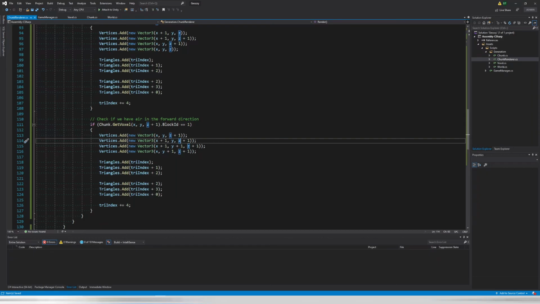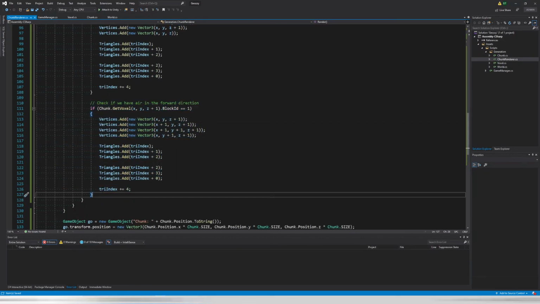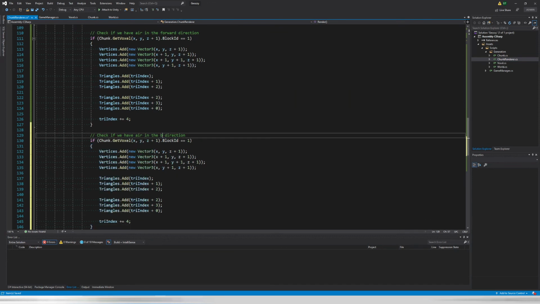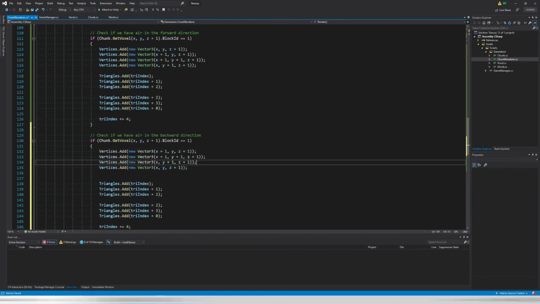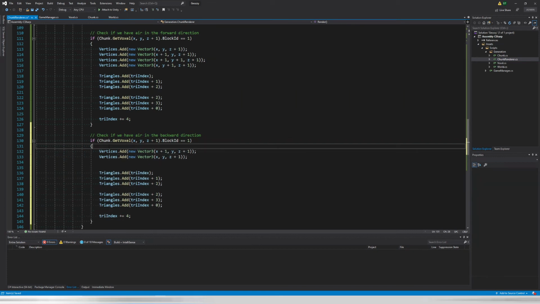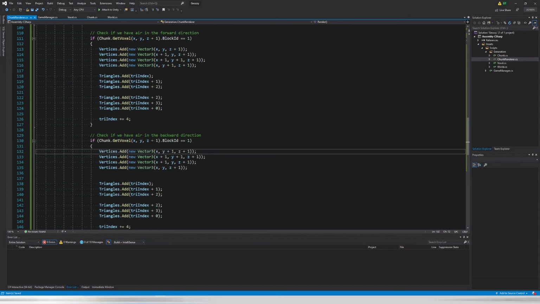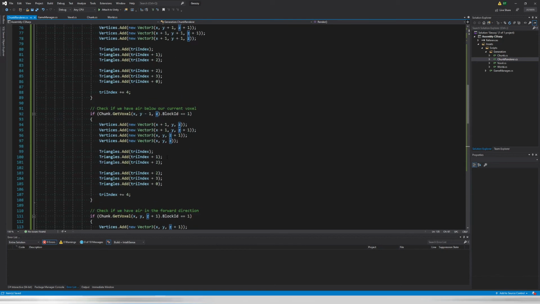Now there's one more to go. So we can just copy this over. Call this one our backward direction. Copy our 3 below. Paste them in. Middle 2. Paste them in. This one. Paste them in. And put this one on 0. Oh, wait. -1, yes. And then remove this plus 1s. So we're rendering our backward side, or the side where we're facing to right now, and if we enter the